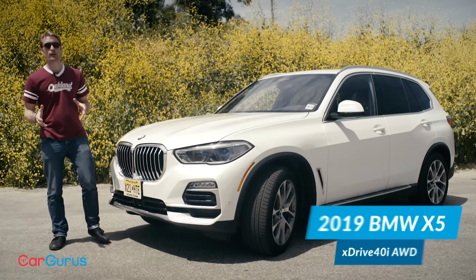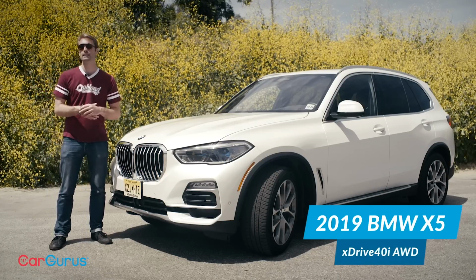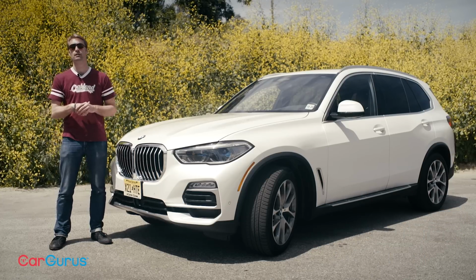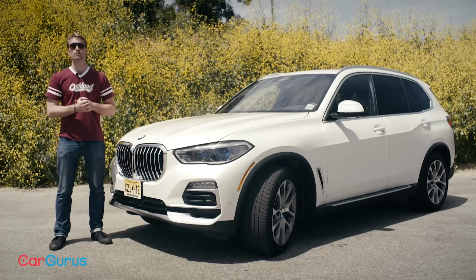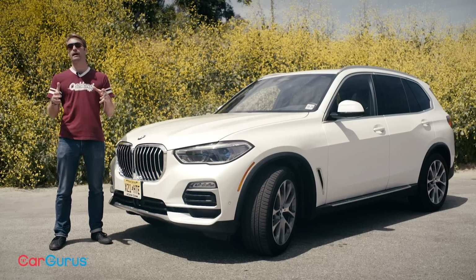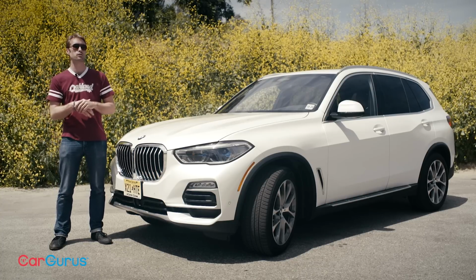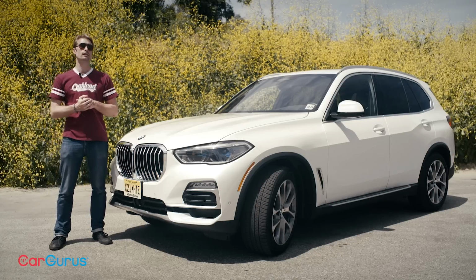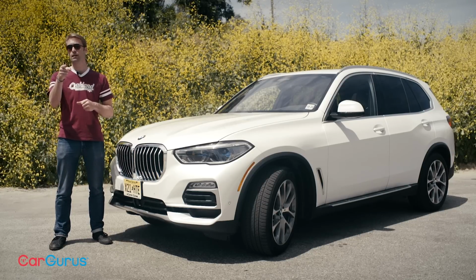20 years ago, the X5 redefined SUVs, leaning into the idea that you could have truck form and car function all in one package. BMW even branded the original X5 as an SAV, a sport activity vehicle, to emphasize the fact that it handled just as well as BMW's lauded sports sedans. It didn't, but it did drive better than the SUVs of the day,